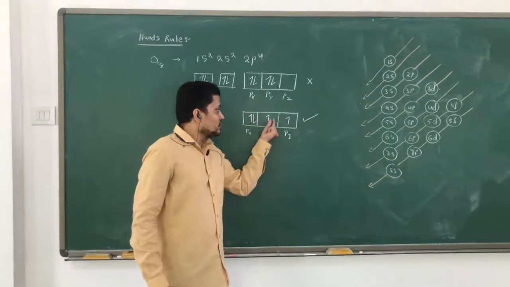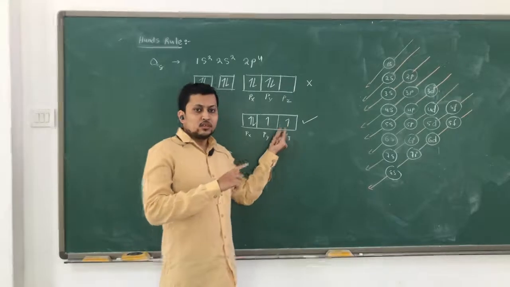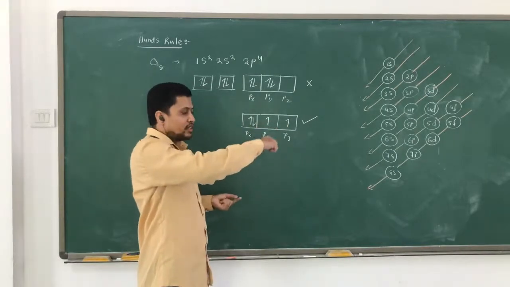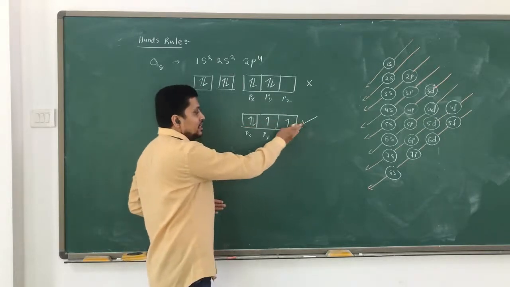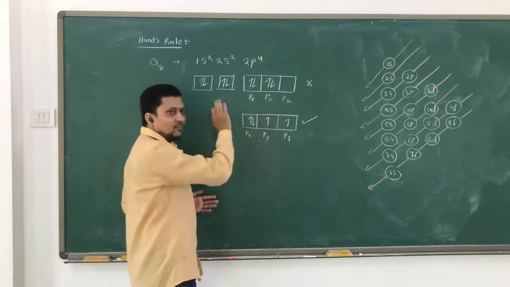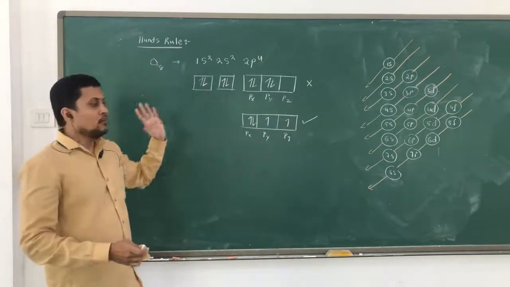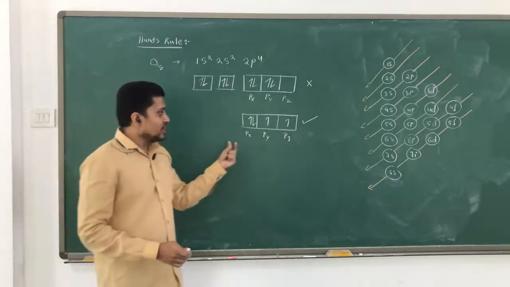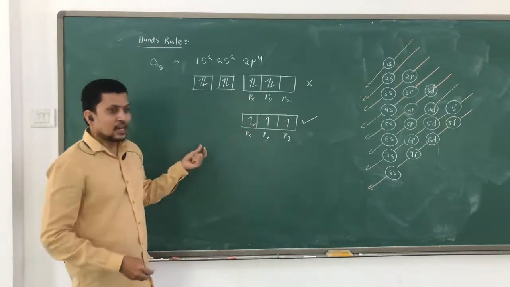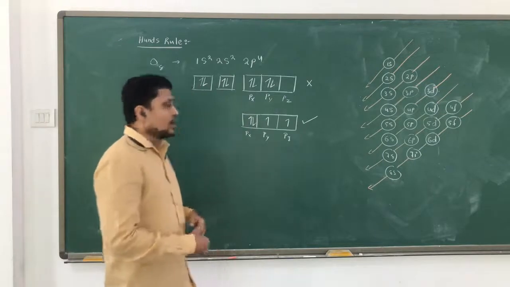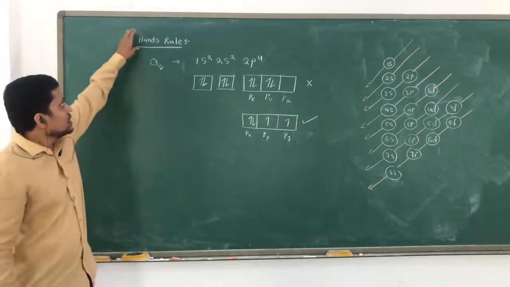So single electrons are filling, and the spin of those electrons is also going to be the same. So only one spin is going to enter first. After filling that single, then they are going to be completely filled. So that is what we call Hund's rule of maximum multiplicity. Whenever you are entering the electron, you have to follow this rule, which helps to understand spectroscopy and many chemistry topics. So hope you understand this Hund's rule.